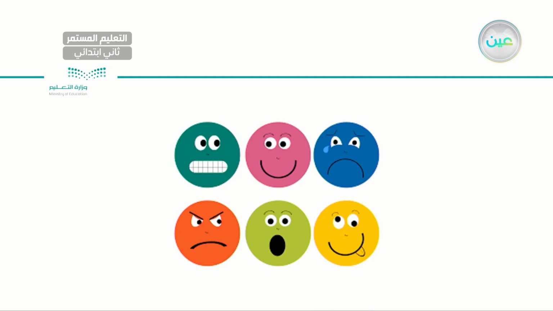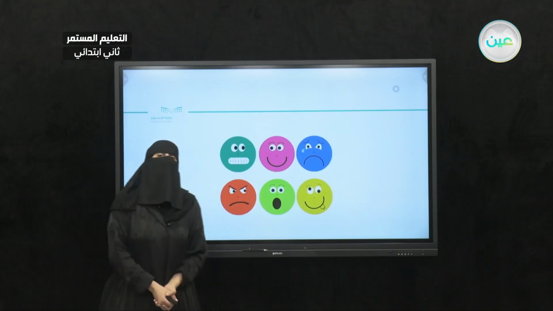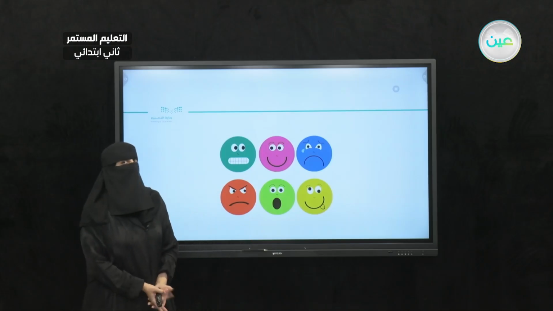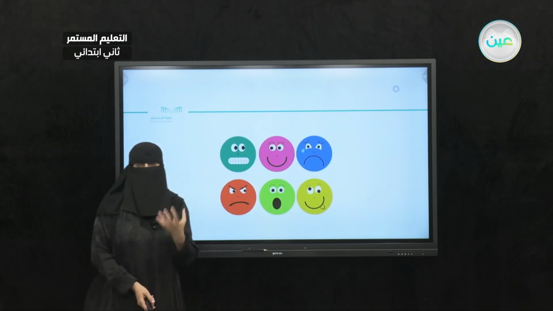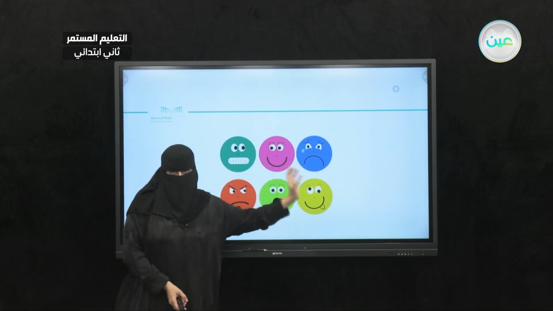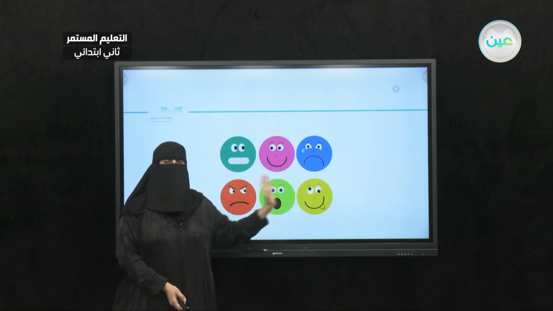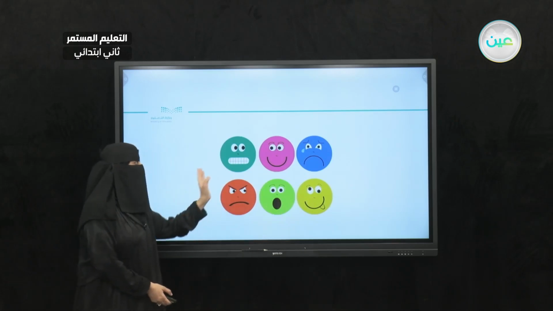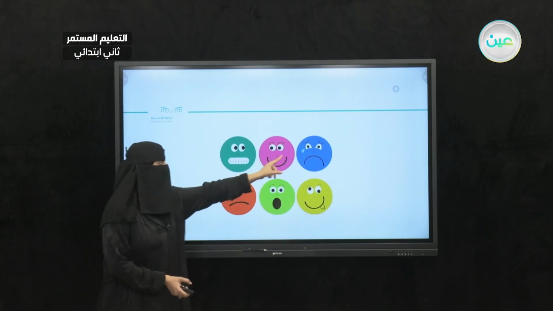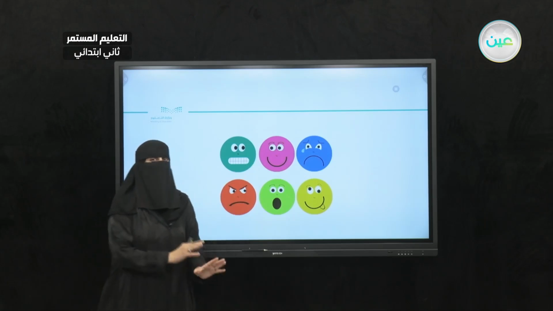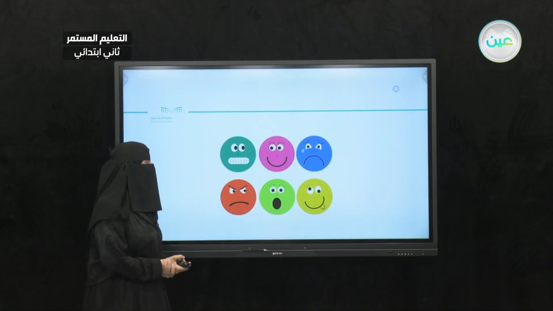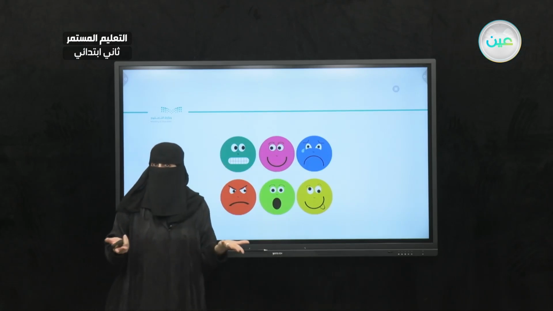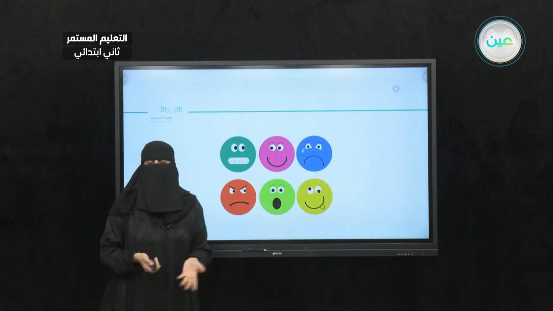Okay, now I need you to look at these faces and tell me what's the first thing that comes to your mind. What do I have here? Are they giving us the same expressions? No, because they are going through different feelings. So here I have different feelings or different emotions, right? For example, try to describe that blue face for me. Is he okay? Actually, it looks sad. While for the pink one, I have a happy face, I have a mad face, and so on.